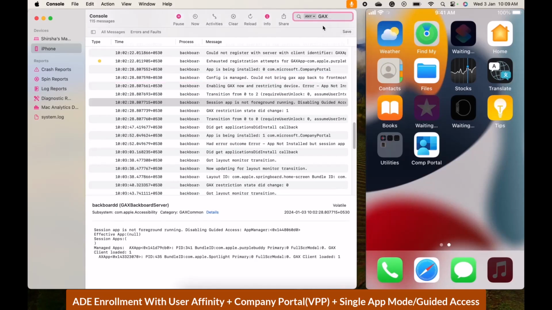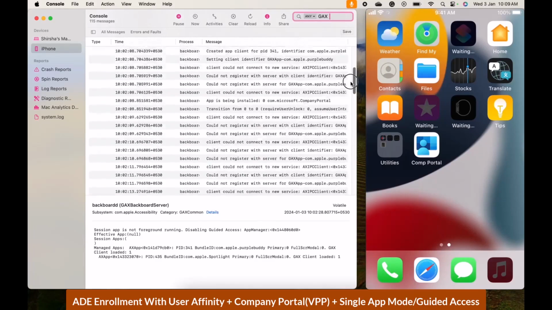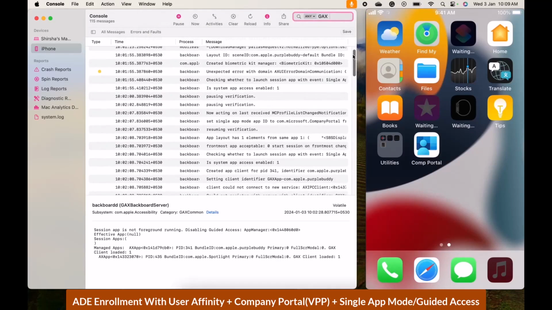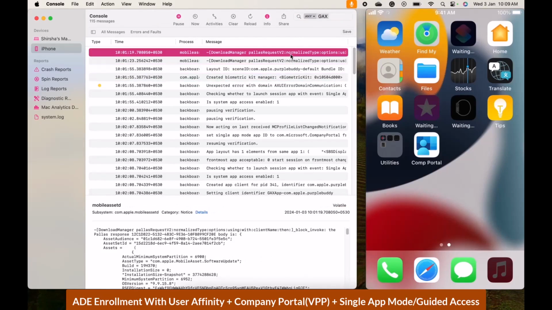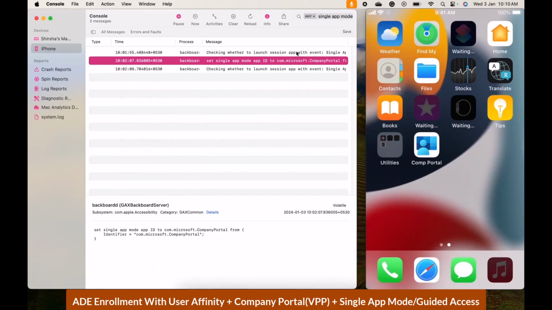And now if I check with the word GAX, it's going to tell me everything related to guided access that has happened in the device. So if I scroll all the way to the top, it will show me the oldest logs and everything related to guided access. By looking at this log, we can confirm when the device received the guided access mode, that is when it entered the single app mode, and when it exited out of it. There are some other keywords we need to know. There is the guided access mode, or in some places you will see the verb single app mode. So over here, if I check with single app mode, you see that set single app mode app id to